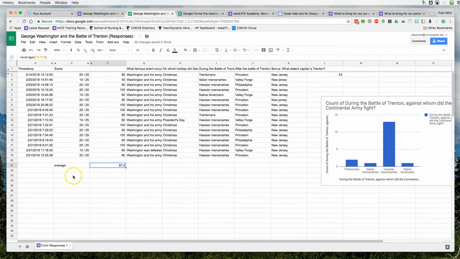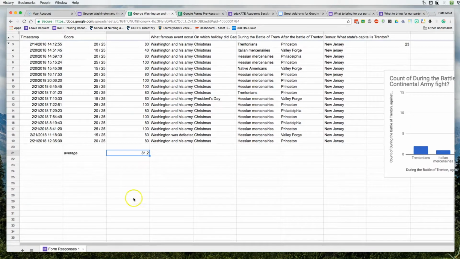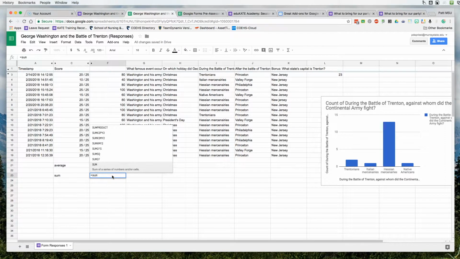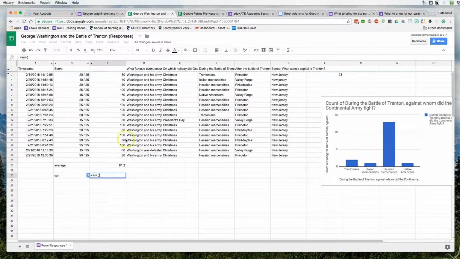Okay, let's say that I wanted to get a sum of all of these. So we are going to click here. We're going to add all these up. It's not really something you do with grades, but let's go ahead and do it so we can see how this works. I'm going to hit equals, type the word sum, put the parentheses, and then I'm going to select all of the data that I want to add and put the closing parentheses,